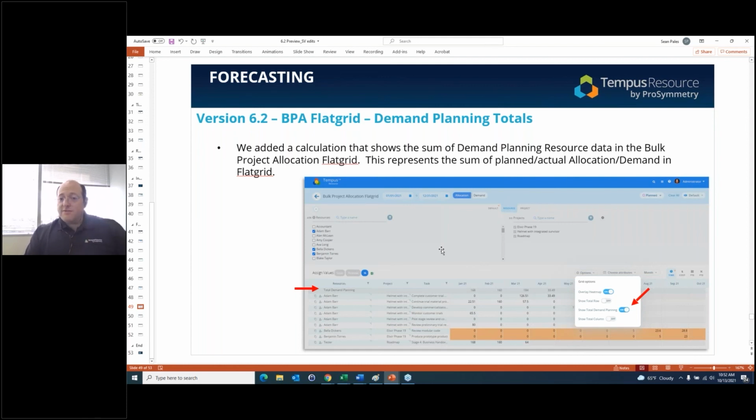We had requests for a roll up of just the demand planning, which would be very useful, especially nearer term, to identify what is the amount of unallocated work that I have in the near term. So you can view that in reports, but again, BPA flat grid is designed for editing purposes. So you can use it as a report, but the whole idea is to allow for concurrent manipulation of your